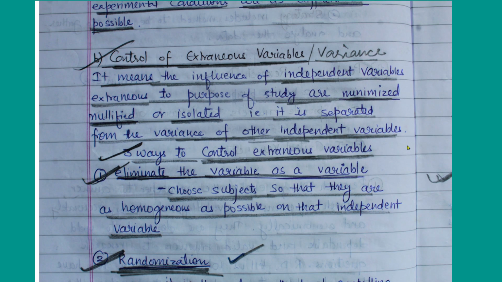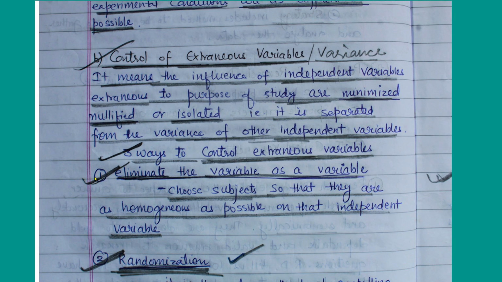Okay, so for the time being you should know that there are extraneous variables, and variance or variables which are affecting our study as independent variables, but we don't want them. We have not included those variables in our study, so we want to isolate them, nullify them, minimize them, so it becomes extraneous. Okay, so how will we do it? There are three ways to control extraneous variables, and this becomes itself a full-fledged 5-mark question. So what are the ways to control extraneous variables in research design? So this becomes a question. There are three ways of doing it.